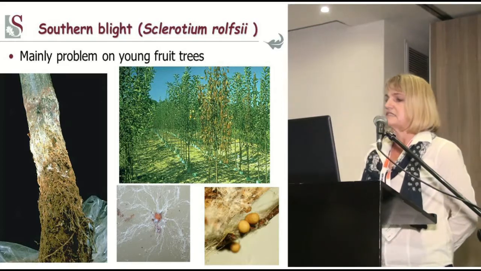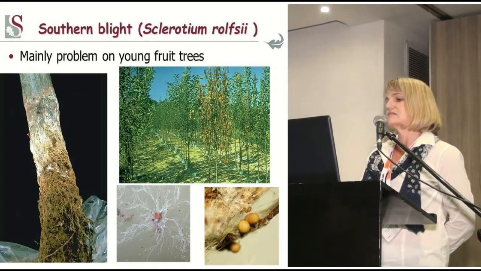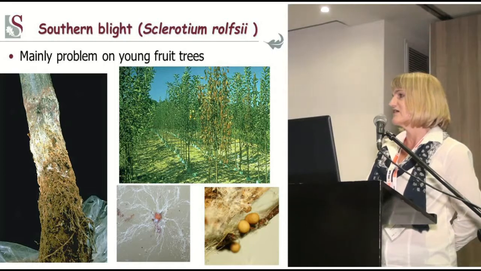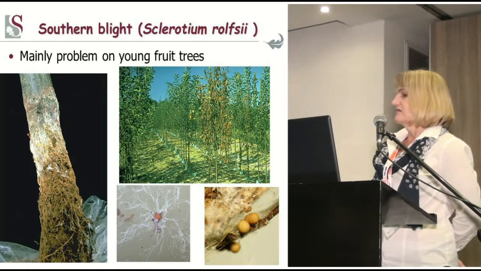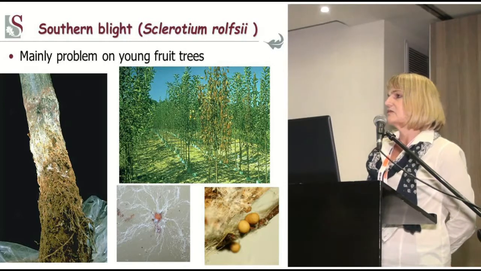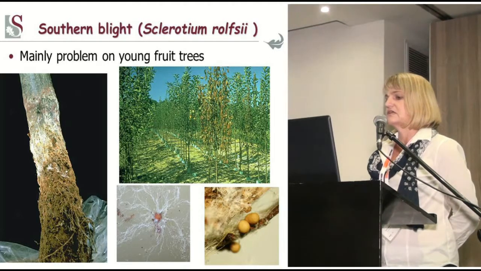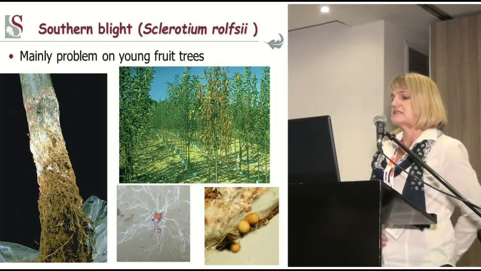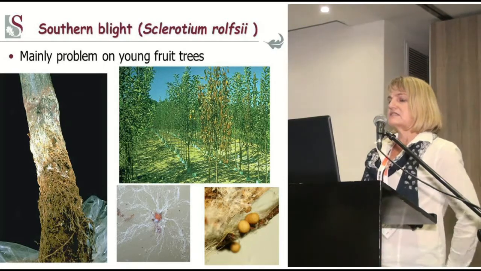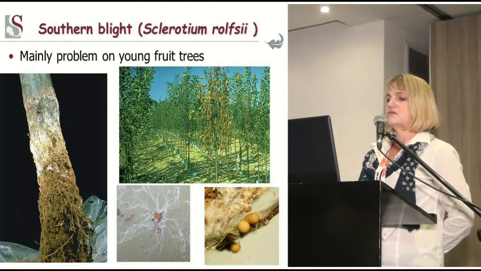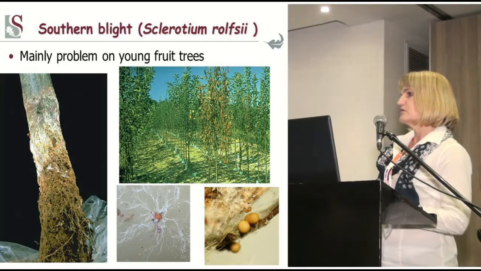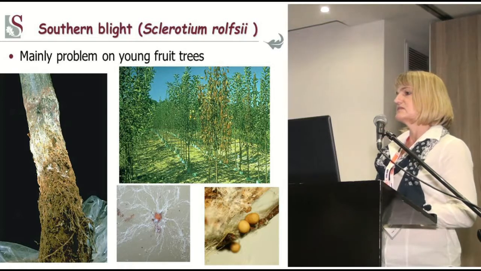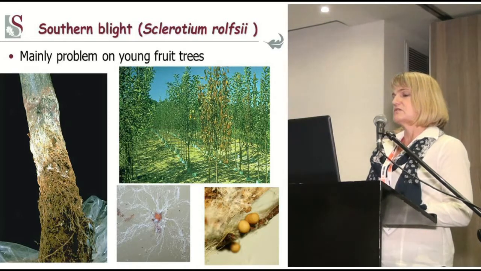So the next disease is southern blight. This is caused also by a fungus known as Sclerotium rolfsii. You can see this is the reason why they call it southern blight, because the whole tree actually dies and dries out. The pathogen, characteristically similar to Rosellinia, will form these white hyphae on the tree, but unlike Rosellinia, it produces a kind of spore structure which we call sclerotia, which almost look like brown